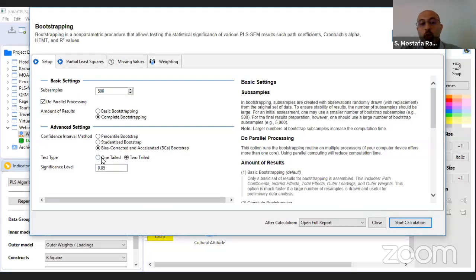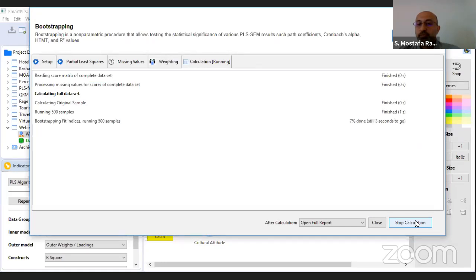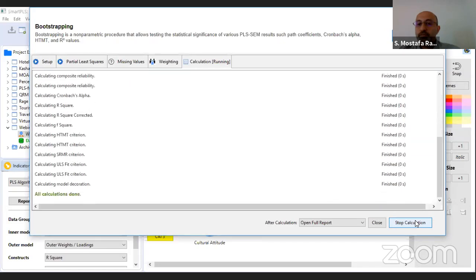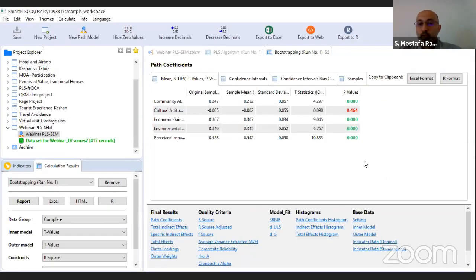You can also choose one tail or two tail based on your hypothesis. If, for example, you know this indirect effect is positive or negative, so it's one tail. So you hypothesize in one tail way, and you can change to one tail. But if it's two tail, you can keep this two tail. So I change to one tail and start calculation. Okay. Here you can see p-value, t-value for